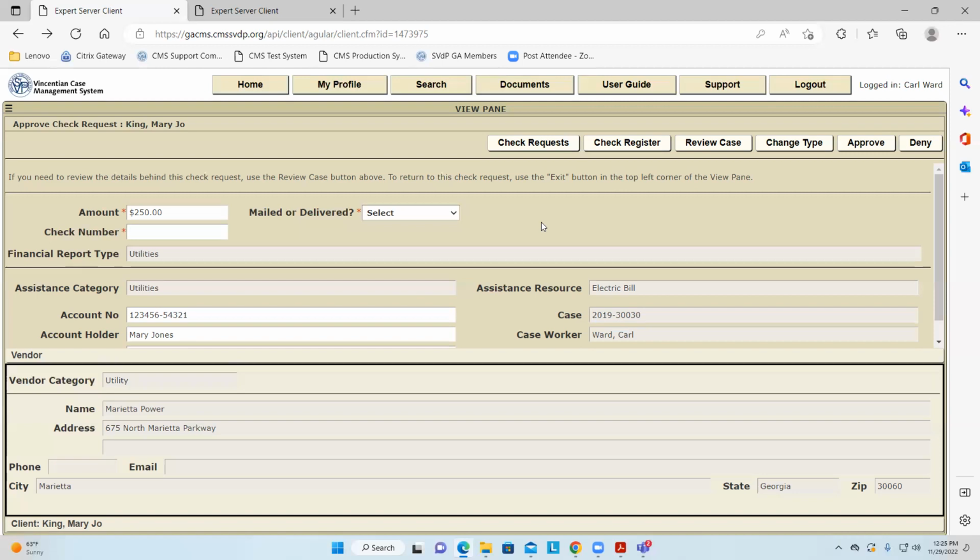So the caseworker put it in as rent, and I really want to track the temporary housing. I noticed it afterwards, after I had just approved it. I went back in to change the type, hoping that I could then also change the assistance resource, and I couldn't.